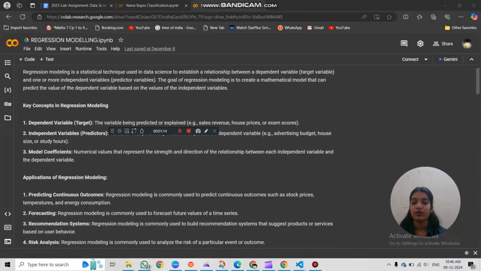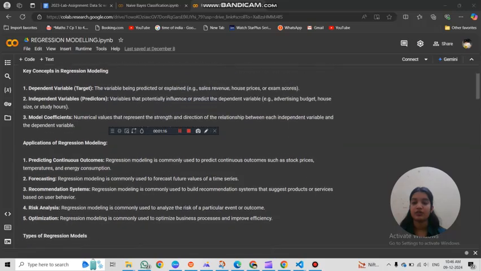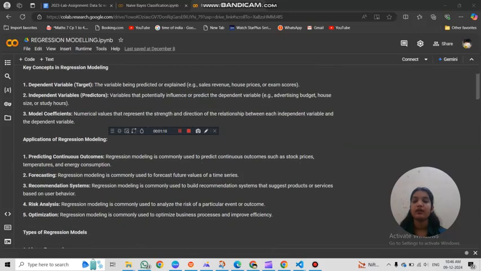Let's talk about the applications of regression modeling. Number one, predicting continuous outcomes. Regression modeling is commonly used to predict continuous outcomes such as stock prices, temperatures, and energy consumption. Number two, forecasting. Regression modeling is commonly used for forecasting future values of a time series. Number three, recommendation system. Regression modeling is commonly used to build recommendation systems that suggest products or services based on